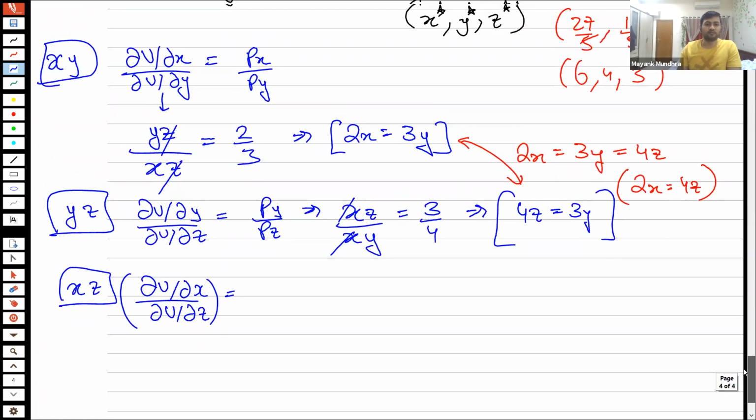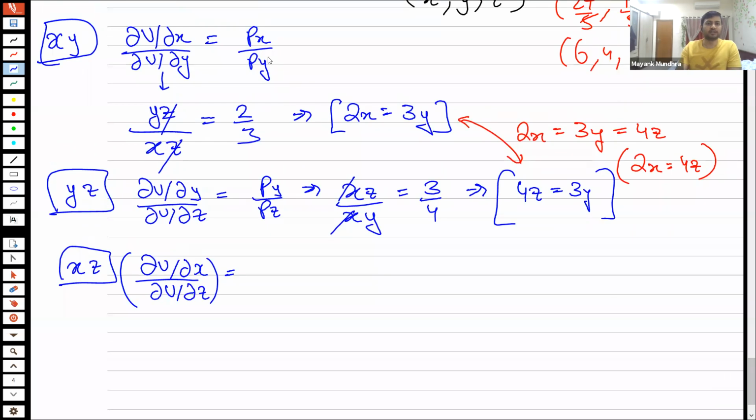When you differentiate with respect to X, it gives you YZ. When you differentiate with respect to Z, it gives you XY. So this becomes Z by X. And then in haste, you might write this as Pz by Px, whereas it should have been Px by Pz because X is in the numerator when you were differentiating. So you would get wrong results here. So don't do that. Always write the price ratio here itself so that you don't commit a mistake later on.